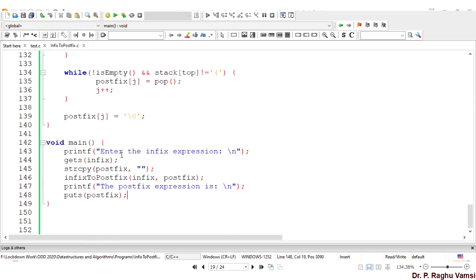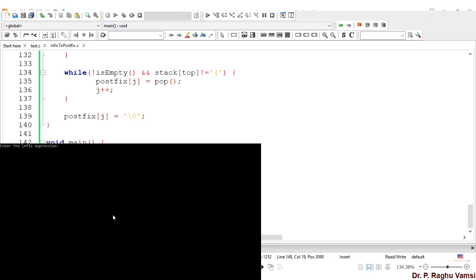So now we'll run this code and see whether it will run or not. Okay, it's compiled successfully. I'm going to give the expression (a+b)*(c+d). First, within the brackets, a b plus needs to be evaluated, then c d plus.